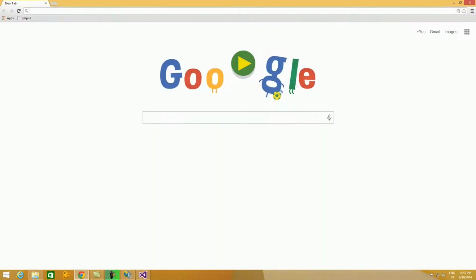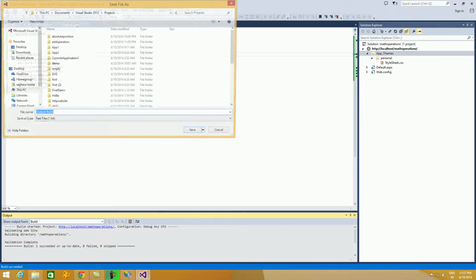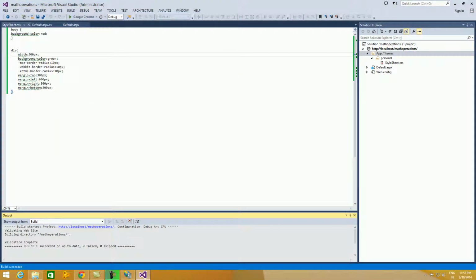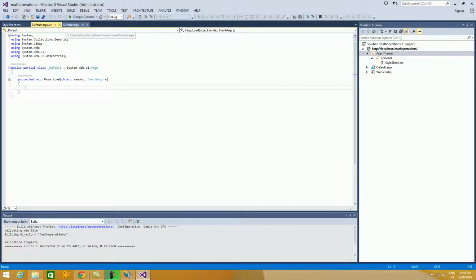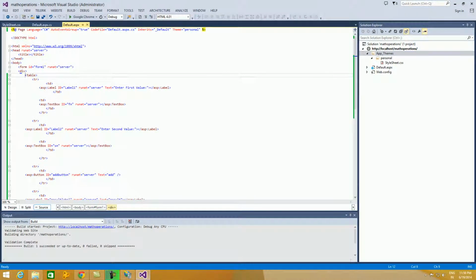Now let us write some logic for the button. So to add logic to the button, go to the button. Here write down the click attribute, onclick attribute, press equal to. Now select create new event handler. So a function will be added in the code behind file.